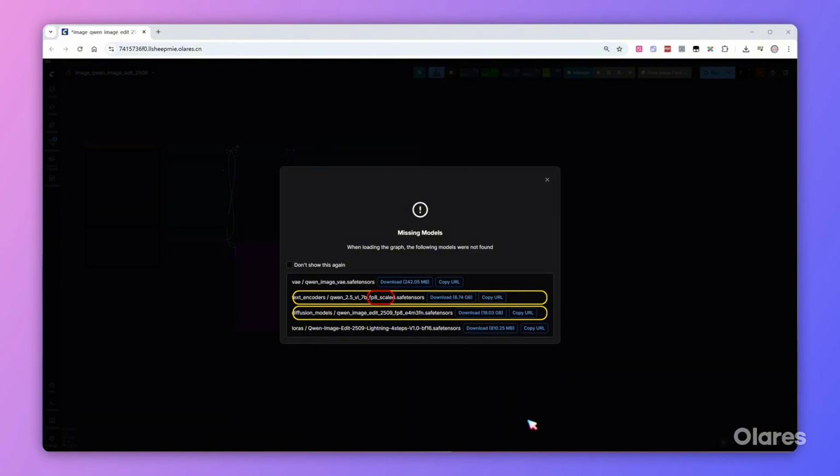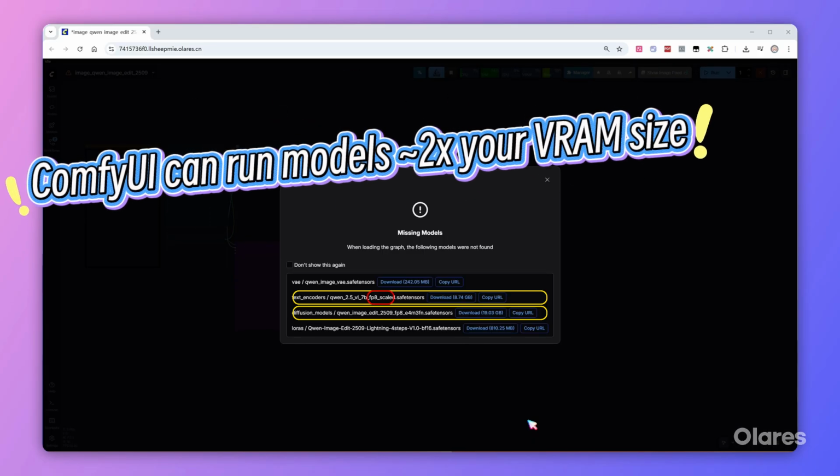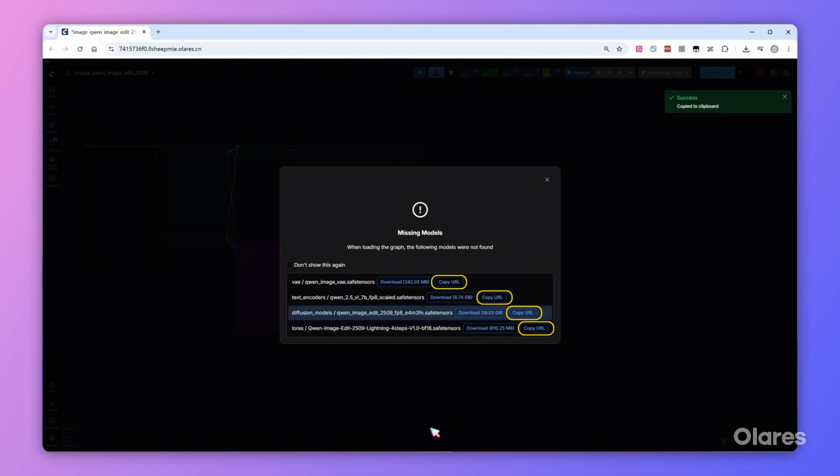A quick rule of thumb: thanks to ComfyUI's tiled loading mechanism, the total size of models that can run is often around twice your GPU VRAM. That means these FP8 models can often run on machines with 16 GB and sometimes even on 12 GB of VRAM. Clicking the download button starts the browser download, or use copy URL and paste the link into a download